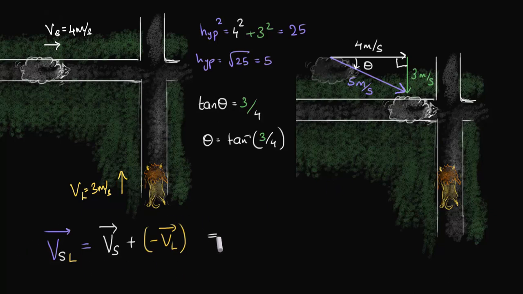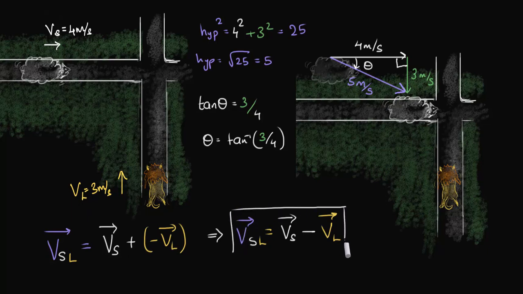This is a general result. Just to make it more concise, we have a plus of a minus. We will rewrite this as velocity of the sheep with respect to the lion equals velocity of the sheep minus velocity of the lion, right? And this is the same as this, okay? And the reason I want to box this expression is because this is very similar to what we got in 1 dimension. Do you remember in 1 dimension we got VAB equal to VA minus VB? Well, guess what? We got the exact same result. V of SL equals VS minus VL.